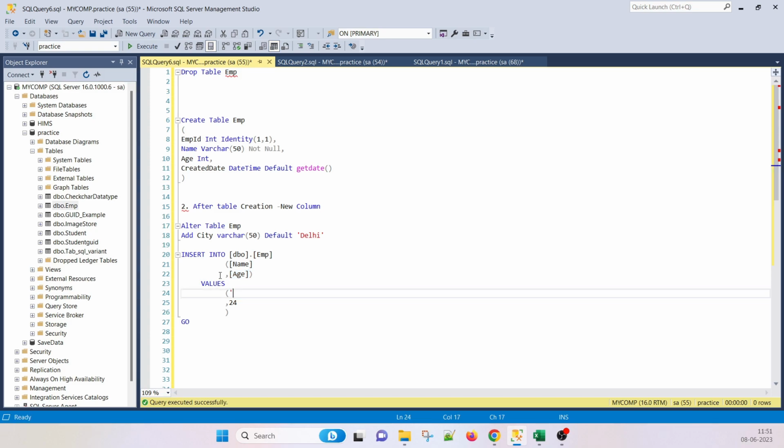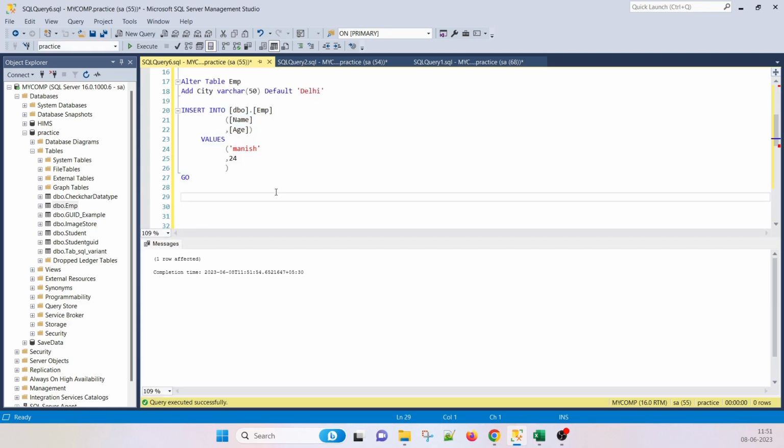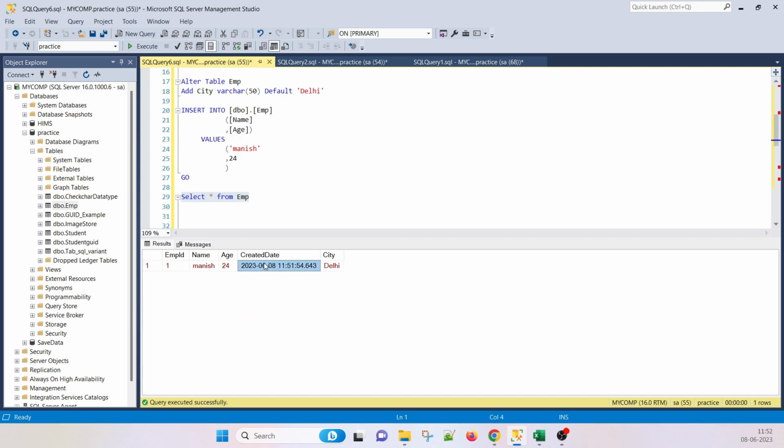I'm just giving the name as Manish. So what will it do? It will insert one record in the table emp. Got it? Means the default value is inserted, and here Delhi is inserted because we applied the default value